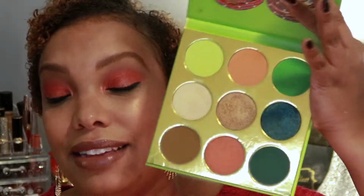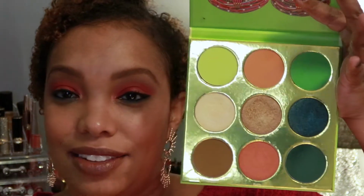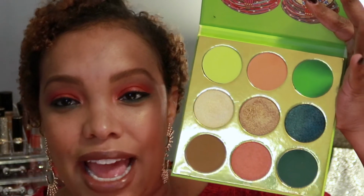So this palette is absolutely gorgeous. I think it's one of the most cohesive color schemes that Juvia's Place has come out with. And you know, Juvia's Place, they have fantastic quality even with a low price point. So you have to respect it, okay? Now, all of this shadow